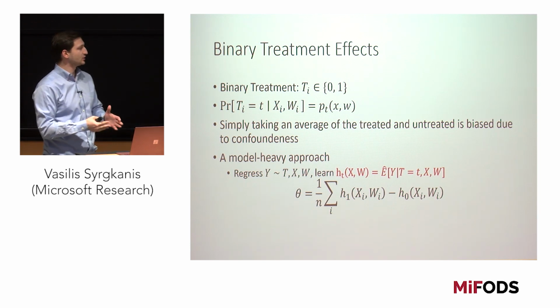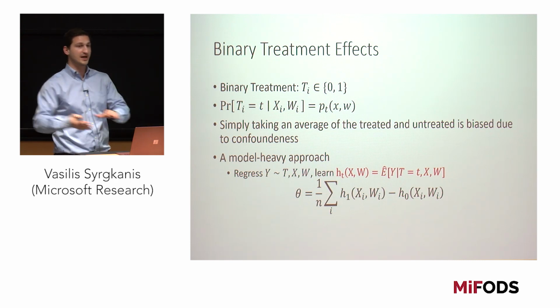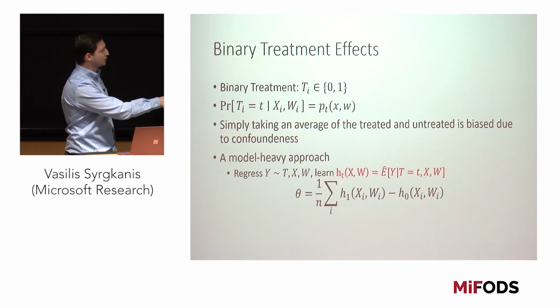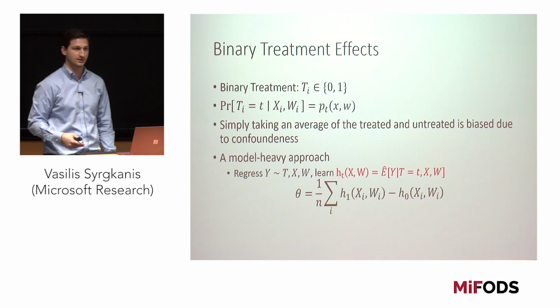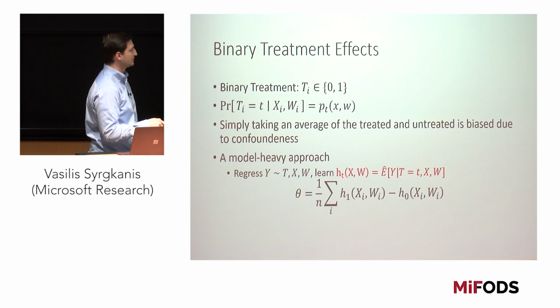Also, what you're essentially doing is you're extrapolating from the treated population to the untreated population based on a model, whatever model you used here to fit this regression. Right? Here, the guarantees are in individual treatments or on the average? Individual treatments, yes.